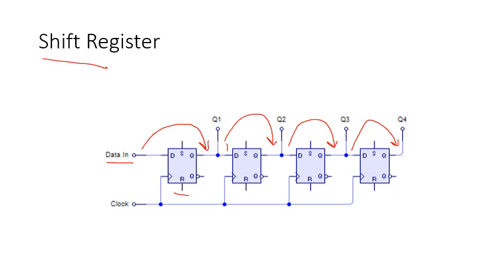In shift register, what happens? We provide a data input one by one, bit by bit, and that bit travels as the clock pulses are applied. Now, these shift registers, we will see they are of several types. In this particular type, you should note that we are providing the single data input. So this is a serial input. We call it serial input. And there are 4 parallel outputs. So these are referred to as the parallel outputs. So this particular shift register falls under the category of serial input parallel output shift register.